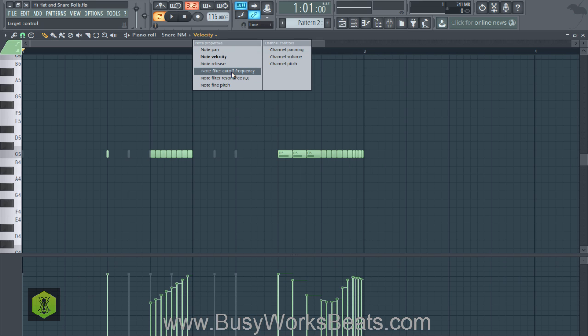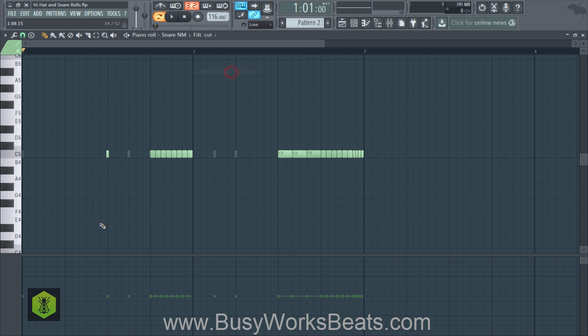So let's go to, instead of velocity, let's say we want to modulate the filter cutoff frequency, which means built-in is a low-pass filter, and low-pass filters cut out high frequencies. So if I lower the cutoff frequency, it's going to lower the amount of high frequencies allowed. So as I lower this, it's going to make it sound more muffled. And you can start up and go down. Now notice I'm right clicking. And you can create some really cool sound effects doing this.